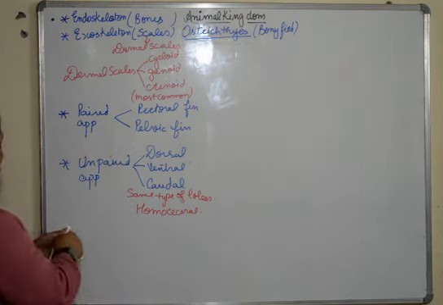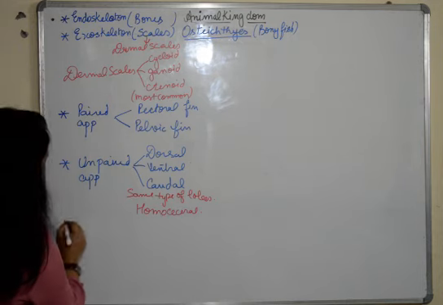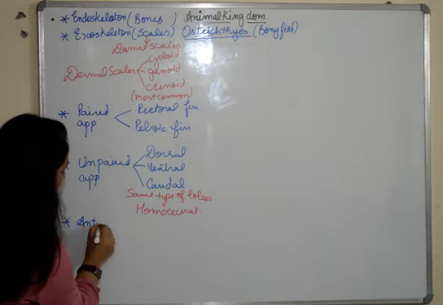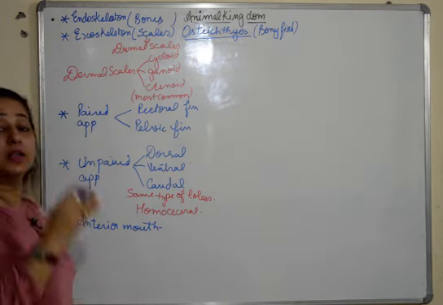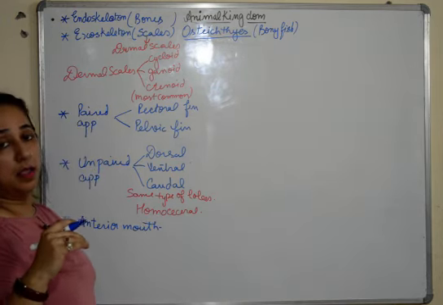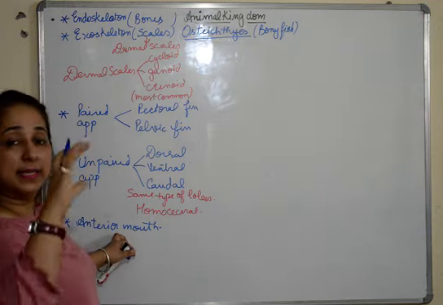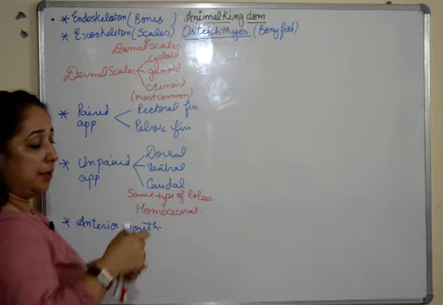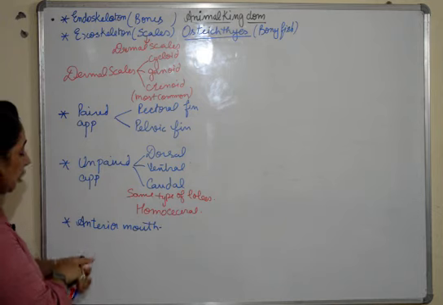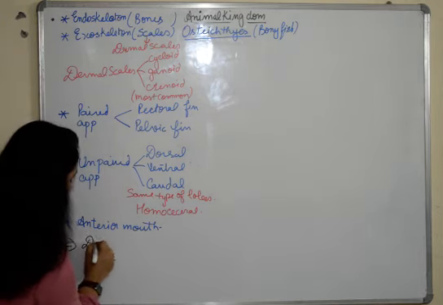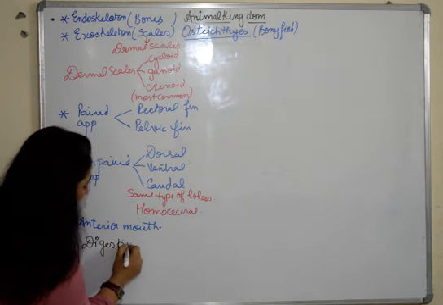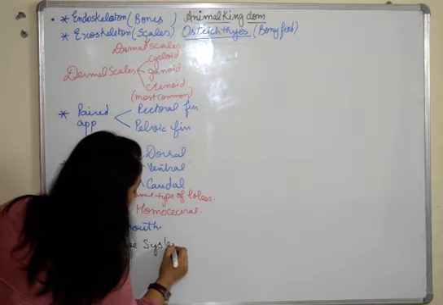The mouth in case of osteichthyes is anterior, and in case of chondrichthyes it was ventral mouth. Herein it is anterior mouth in the front. After this we'll talk about all the systems one by one, talking about the first system, the digestive system.